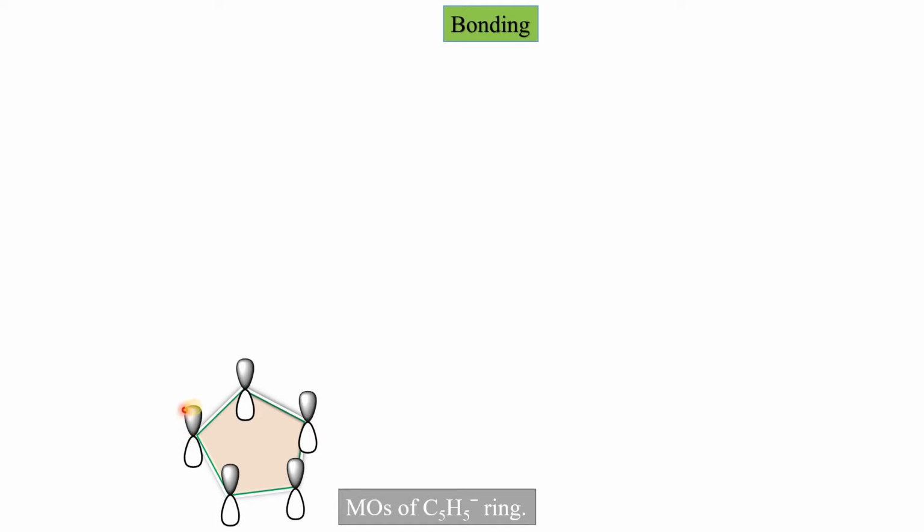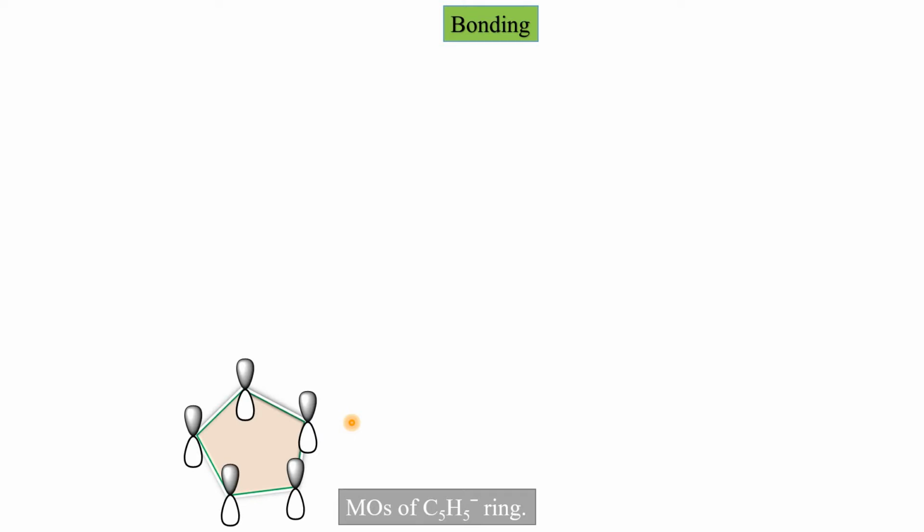You can either take the shaded lobe above, or you can draw the shaded lobe below. It is up to you. But keep in mind that whether you keep the shaded area above or the non-shaded area above, keep them all on the same side. So this is molecular orbital number 1 of the lowest energy, and there is no nodal plane in this orbital.